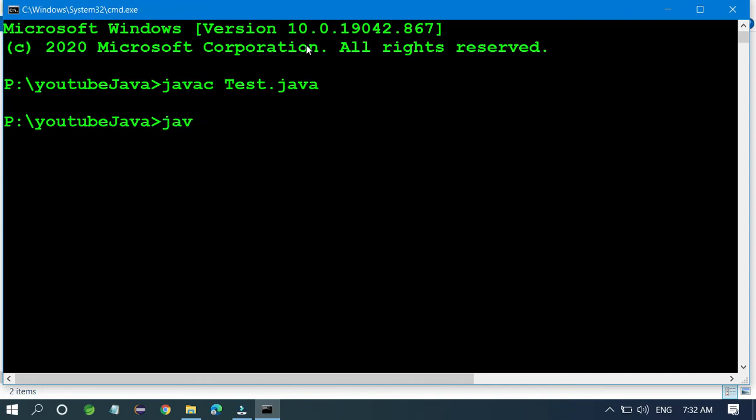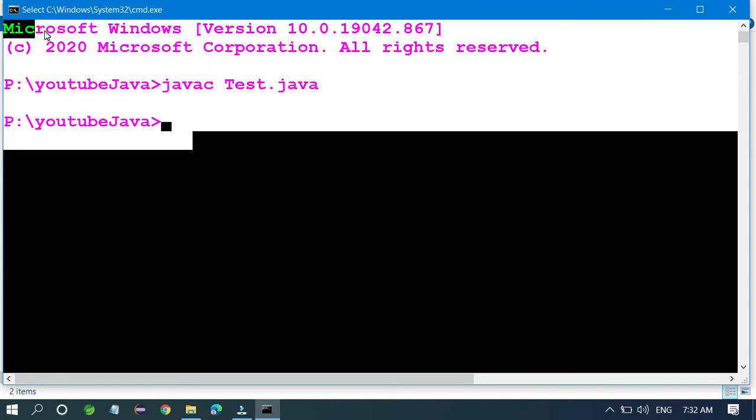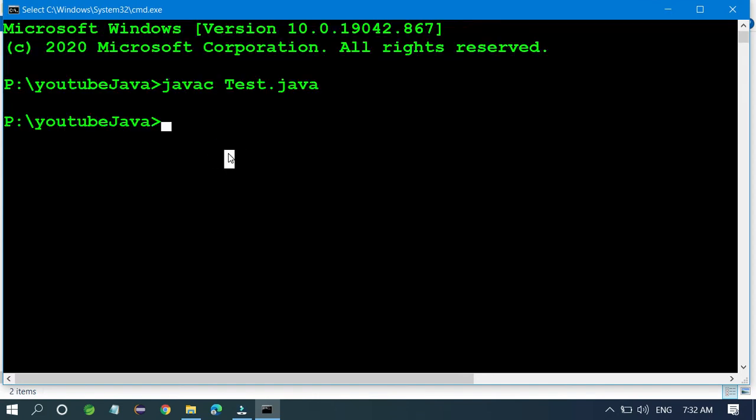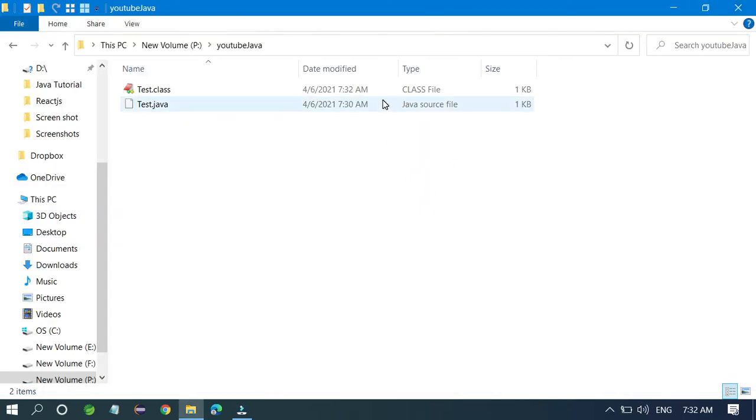Okay, actually the problem is I have already set this classpath in my system. If you have not set the classpath, I will show you, it is not going to run in these other terminals. Oh my god, I forgot this point, sorry. So I already saved it, that's why it runs in any terminal.